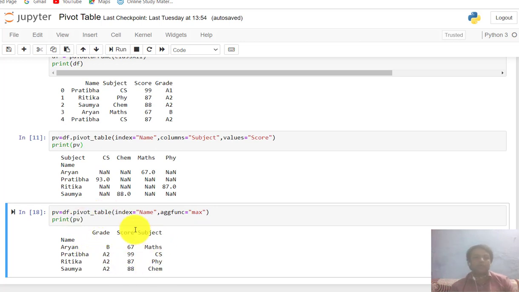So I think you all understood how to use it. If the question asks to find the maximum of a value from that data frame, you have to use the pivot table. It is easy to call all the methods in the aggregate function.